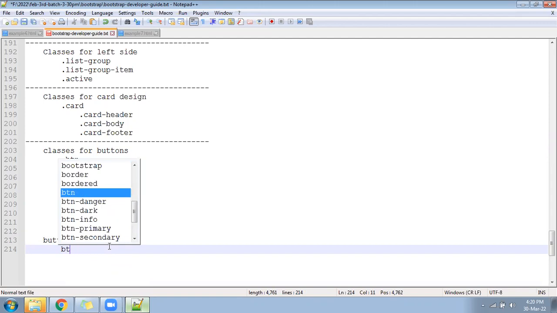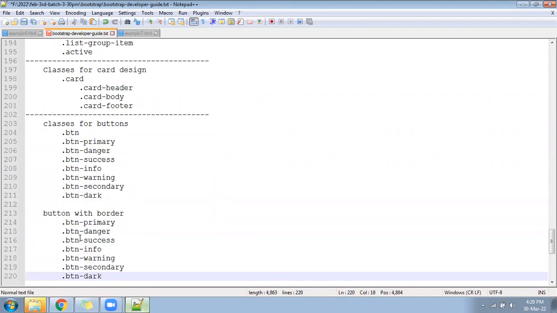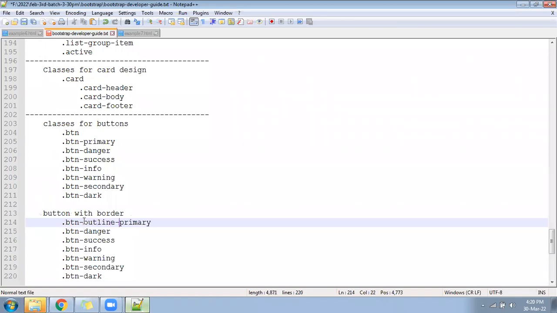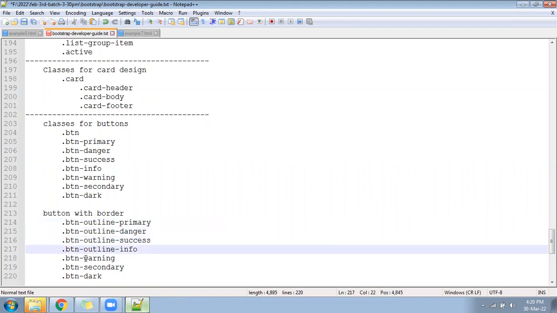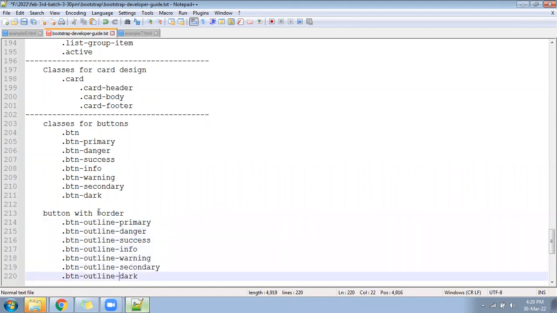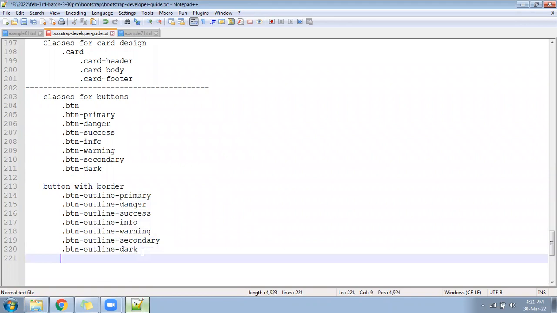You can copy, paste, and apply this in all of them. Write this all. Then after that we can create one example.